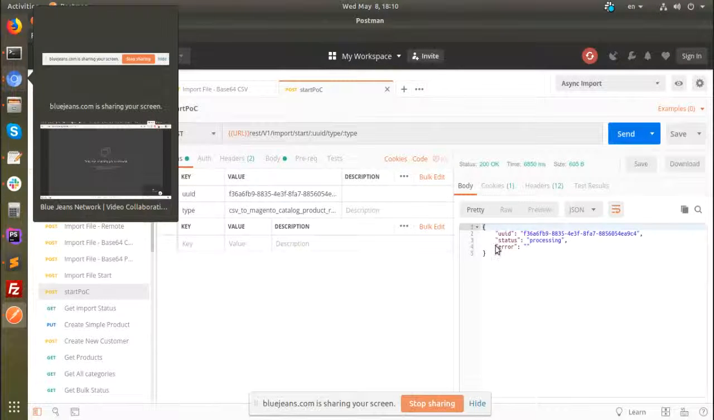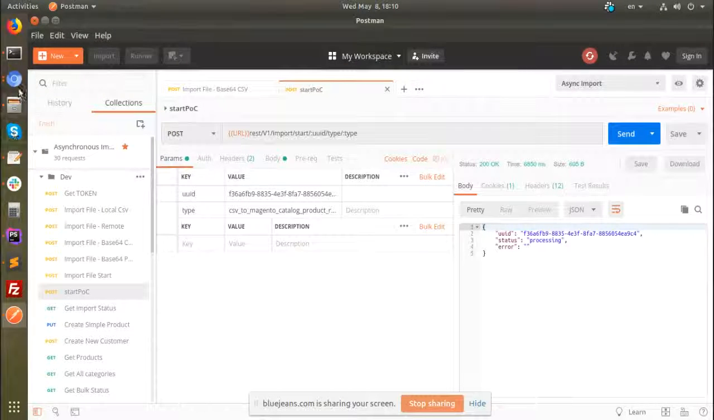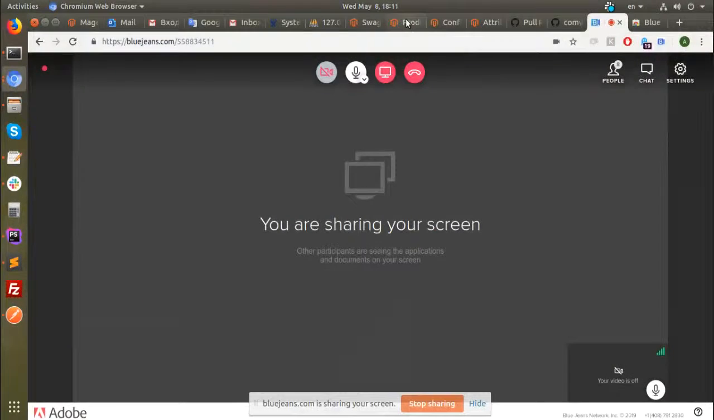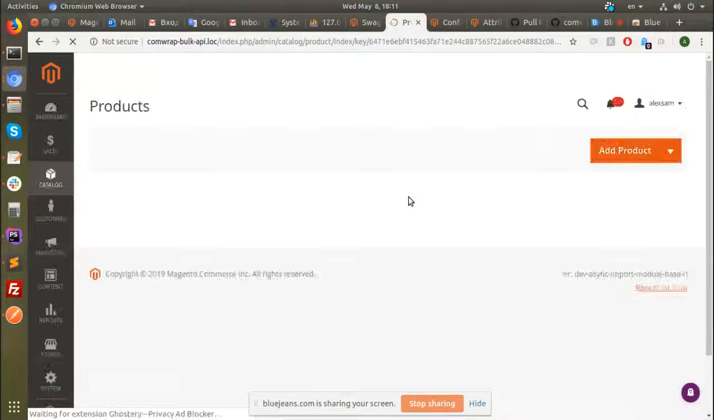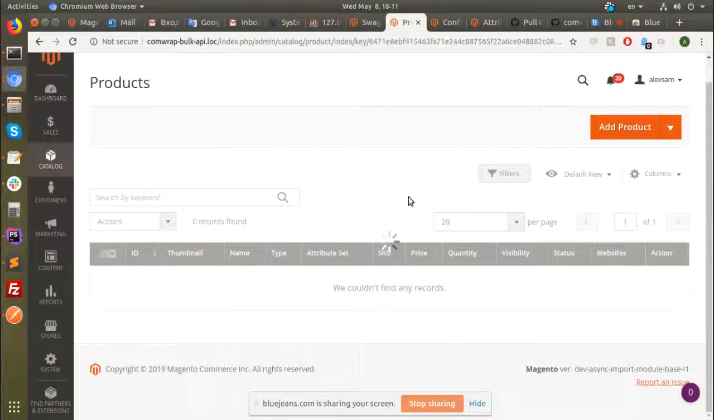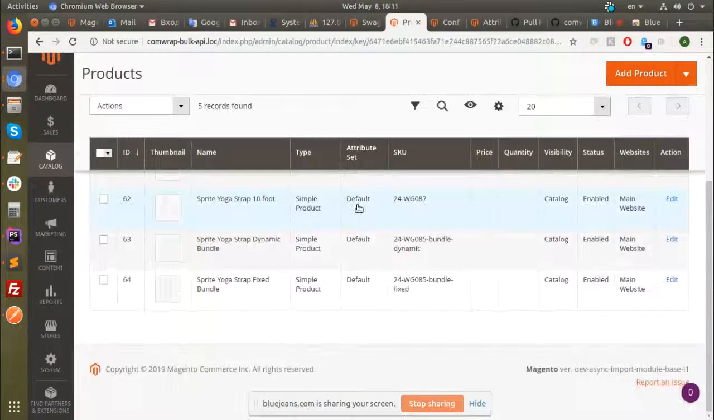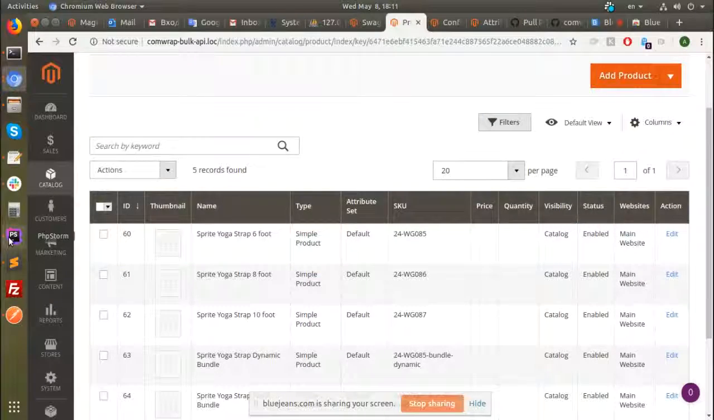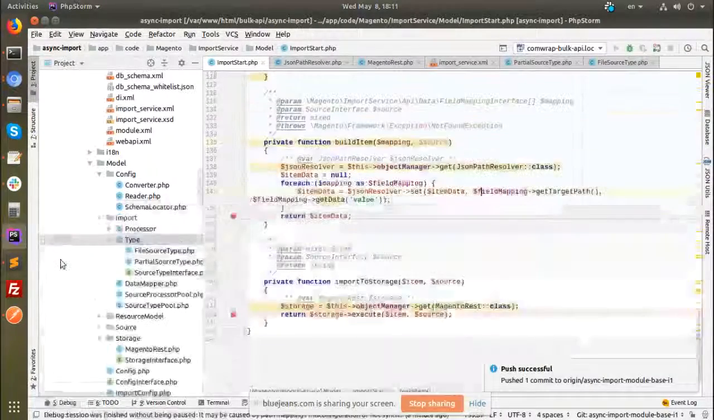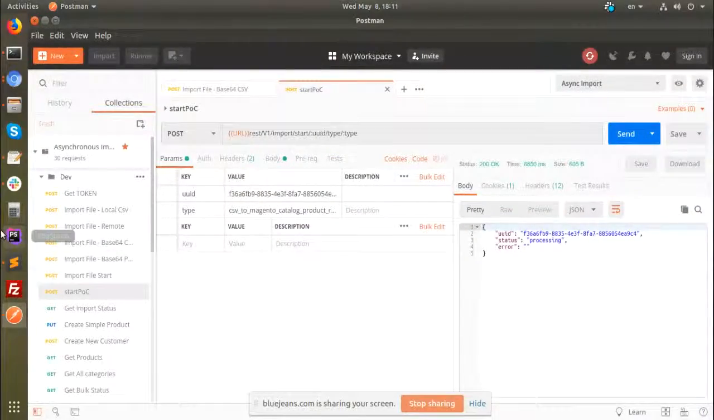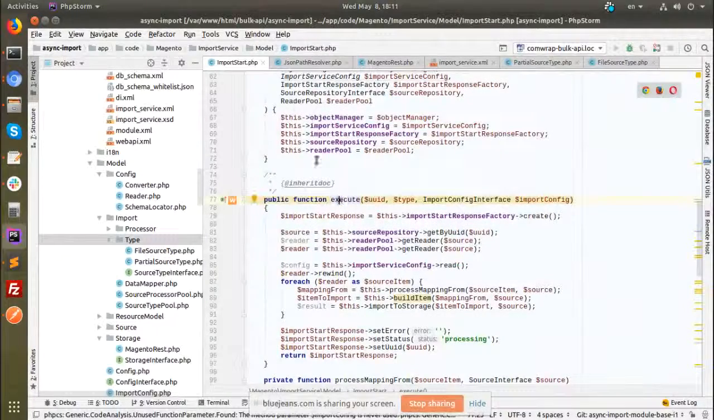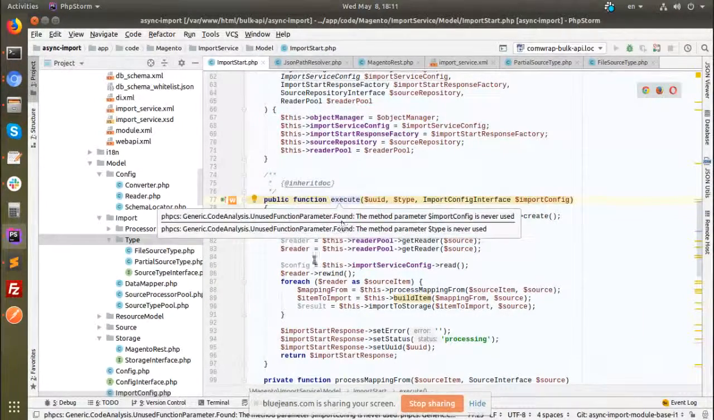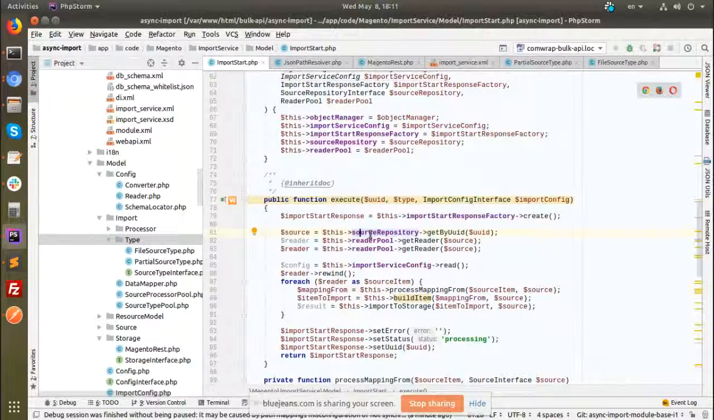And now some of the products were imported to Magento by REST. So actually, what happened in this endpoint start block? It's pointed to the import start execute method, which gets the source by UID, gets the reader